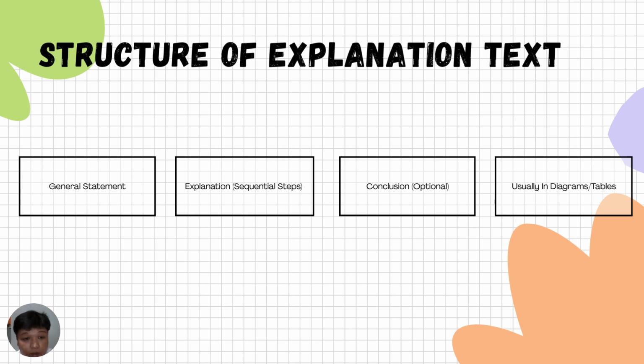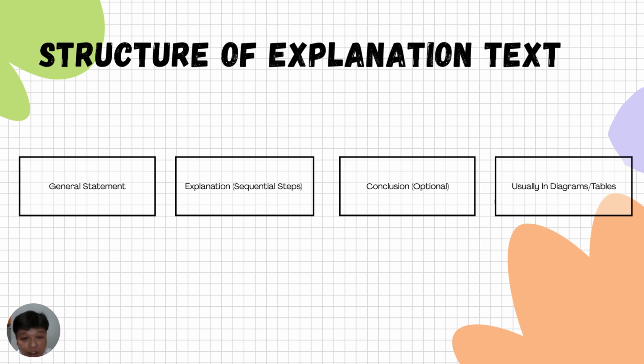For example, let's say the text is about rain. The general statement for that text would be the introduction of how rain happens, or maybe about rain. And the general statement is usually found in the very first sentence of a text, and then the second one